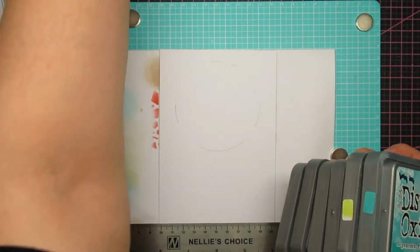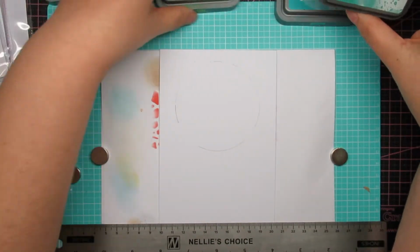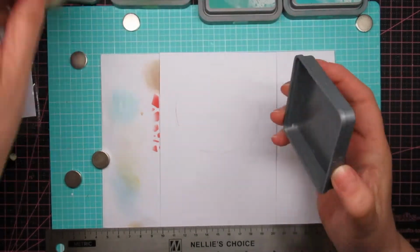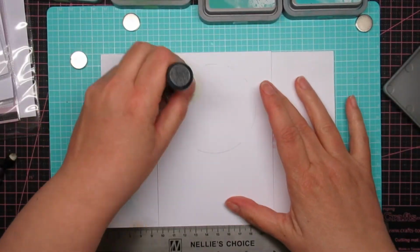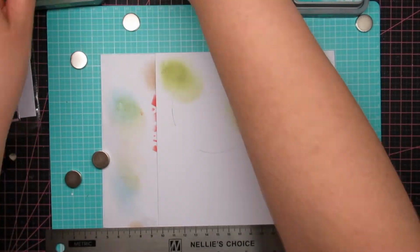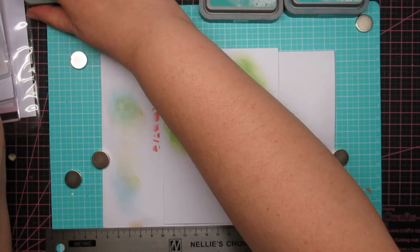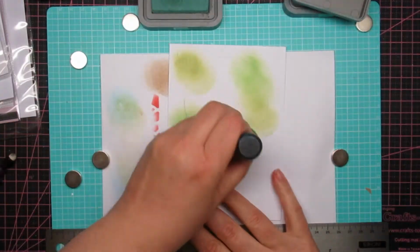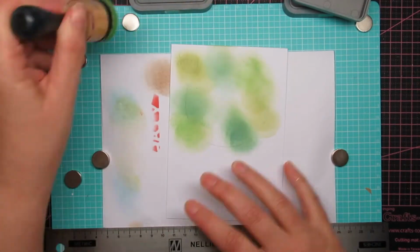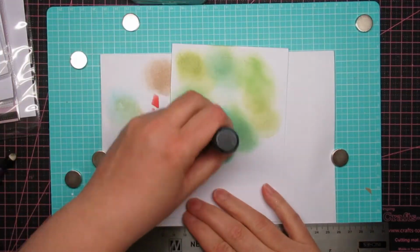I use kind of the greens that I have. I use peacock feathers, mowed lawn, evergreen bough, and I think shabby shutters, or this one is crushed olive, I'm not sure. It doesn't matter, just use what you have, and I'm doing some kind of a blotchy ink blending. There's no real reason, I just want it a little bit patchy, like there's a leafy canopy in